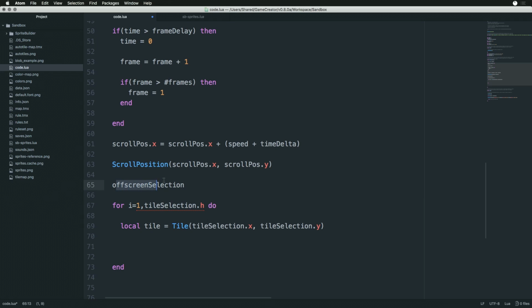Let's do this. Let's calculate. We only want to do this. Okay, so if we did this every single frame, what's actually going to wind up happening? We're going to run it too many times. We want to make sure that when a tile goes off screen, we are now ready to read the next block of data. So first off,